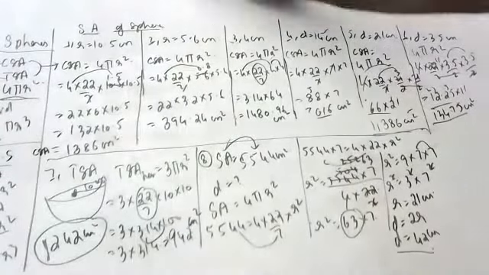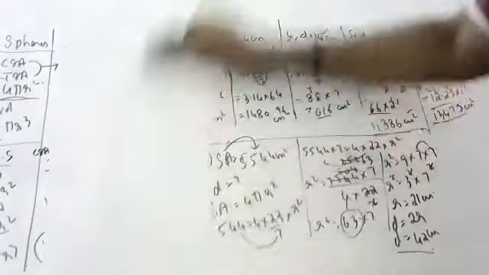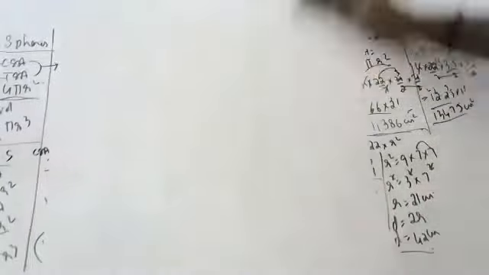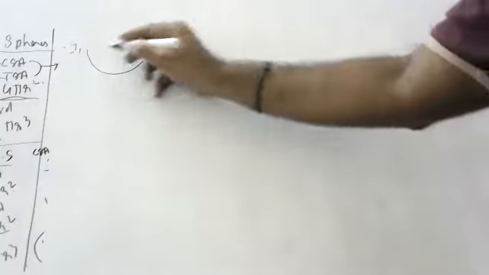Next one. Nandita, you tell me. What is the question number we have to do now? The 9th question. A hemispherical bowl is made up of brass. Hemispherical bowl is there. Okay, it's made up of brass.